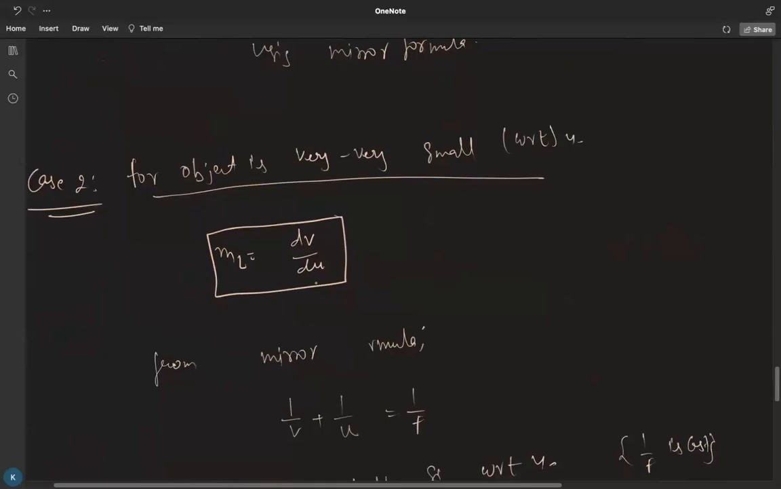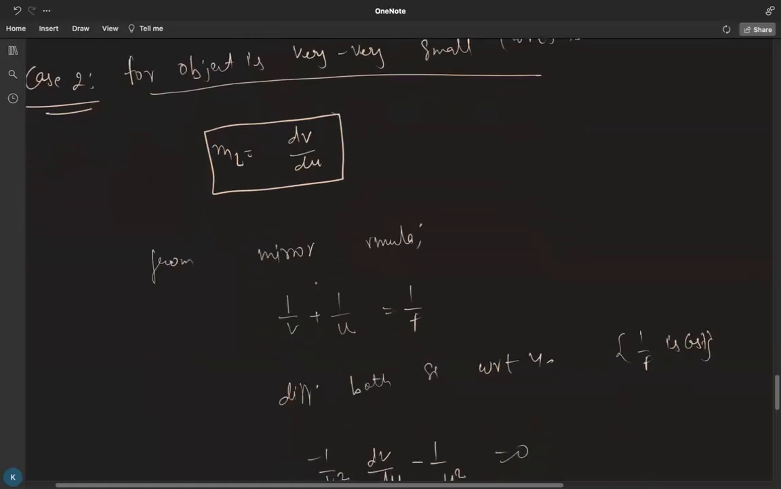So we are familiar with the longitudinal magnification, which is equal to length of image by length of object. So it is equal to dv by du, right? We already derived it above. So from the mirror formula, we have to calculate what dv by du is. We have the mirror formula, which is 1 by u plus 1 by v is equal to 1 by f, where 1 by f is a constant because the focal length represents a distance. So what I am doing here is